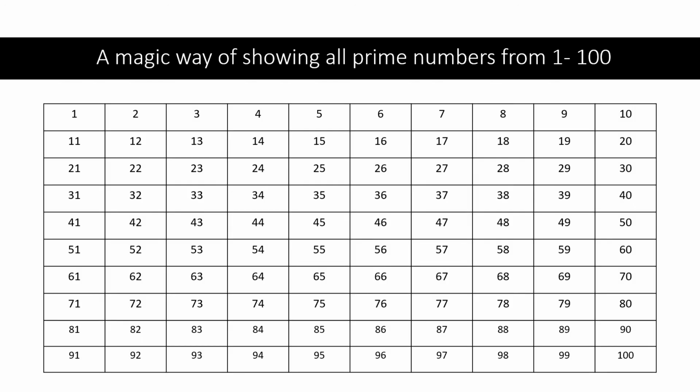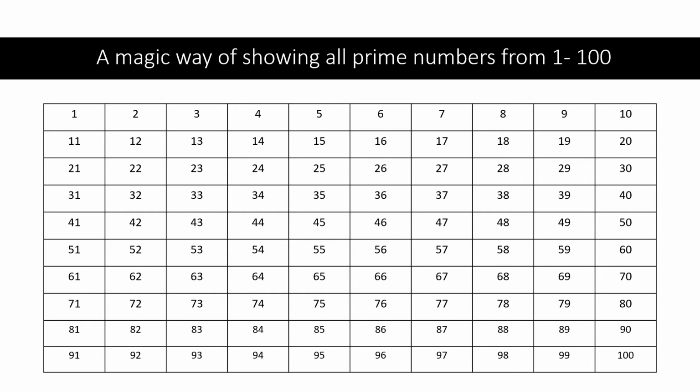Okay, so this is an activity. This is in your book, page number 25. So open your book, page number 25, and let's do this activity. In this, our first step is do not color the cell containing the number 1. So we'll leave the cell containing number 1 and start from 2.